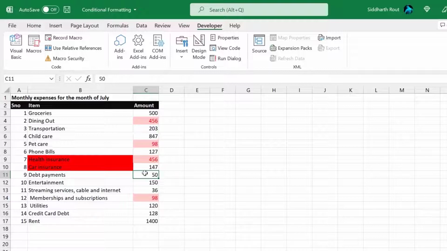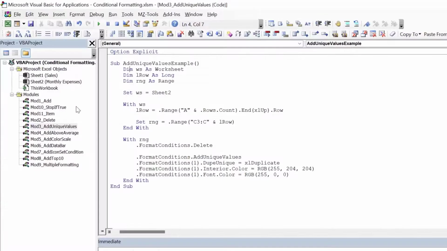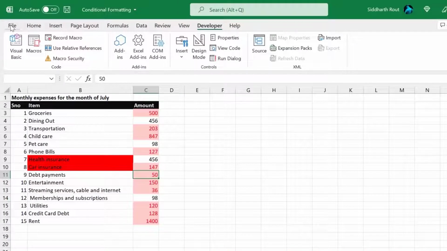Now let's test if we can highlight unique values. So I'm going to go back and change xlDuplicate to xlUnique. Instead of overwriting this, I will type xlUnique and I'll comment this part. If I run this now and go back to the worksheet, you will notice all the values which are not duplicate, which are unique, get colored this time. So this was the third method,